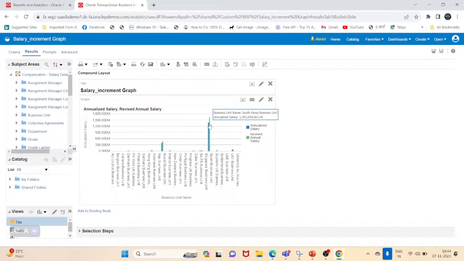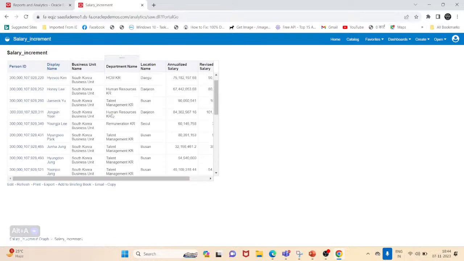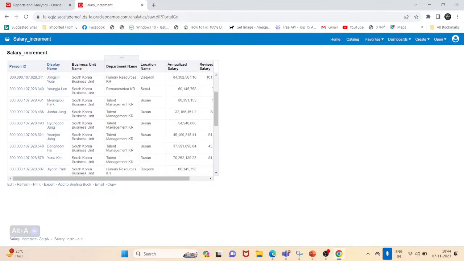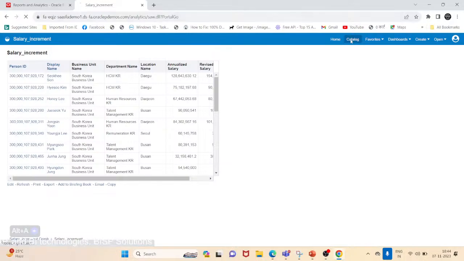here you can see it is fetching us results for a specific business unit. Let me choose South Korea. Here is our action link. If I click on that, it is going to navigate to our analysis in a detailed view. So here it is. It is fetching us detail for South Korea and how much they are paying. Let's just go back to our catalog,